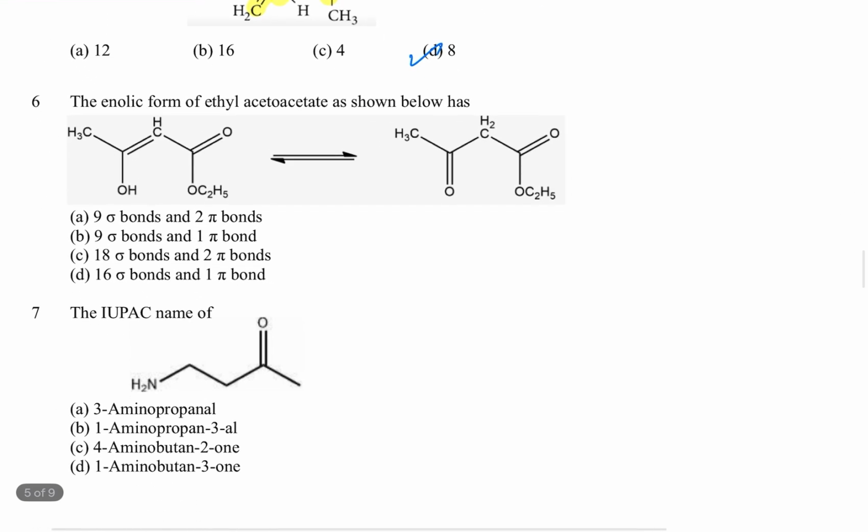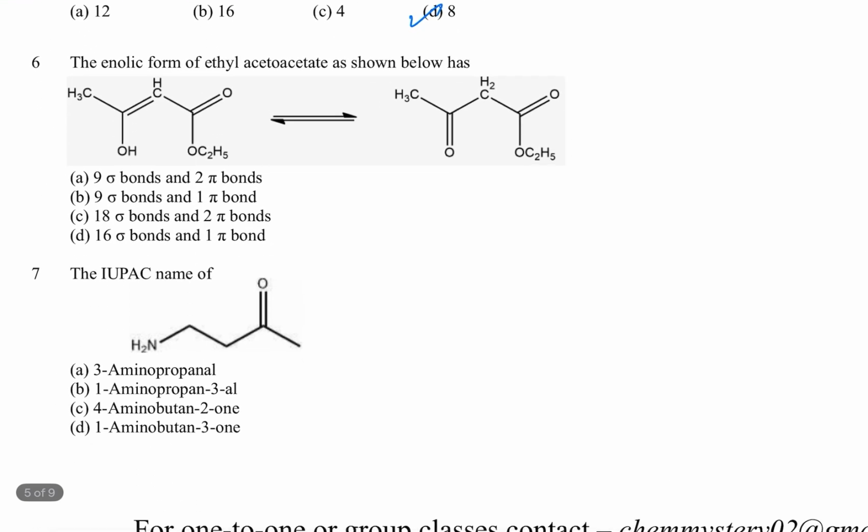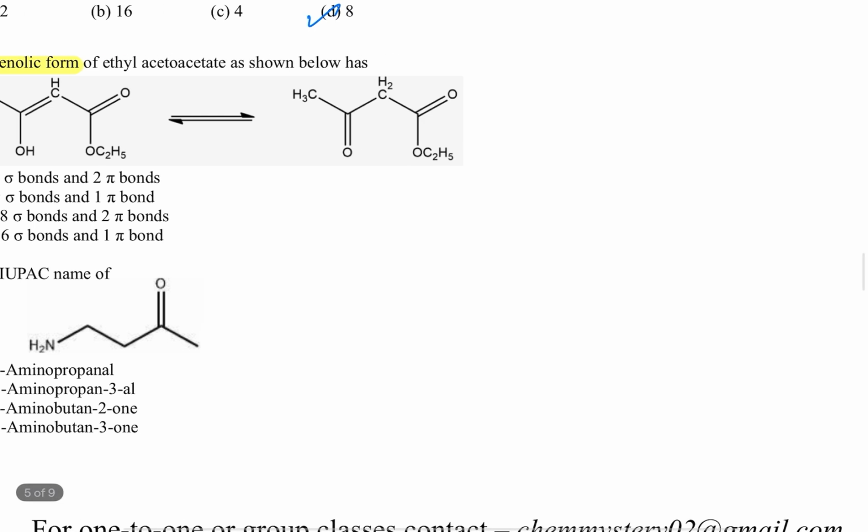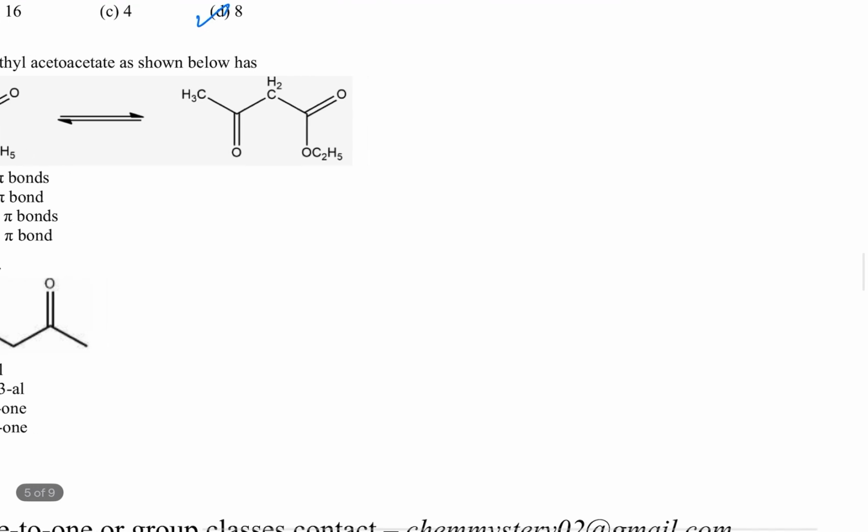Let's move to the next question. The enolic form of ethyl acetoacetate as shown below. Before going to this, what is enolic form? You may have heard about tautomerism, in which we have keto-enol tautomerism. Now in keto-enol tautomerism, there is a necessary condition that if there is a ketonic group and around the ketonic group